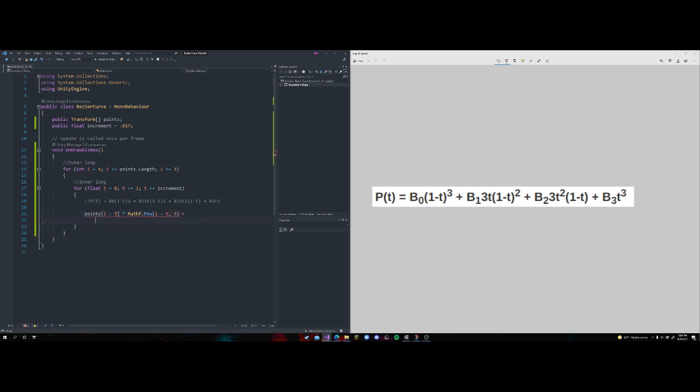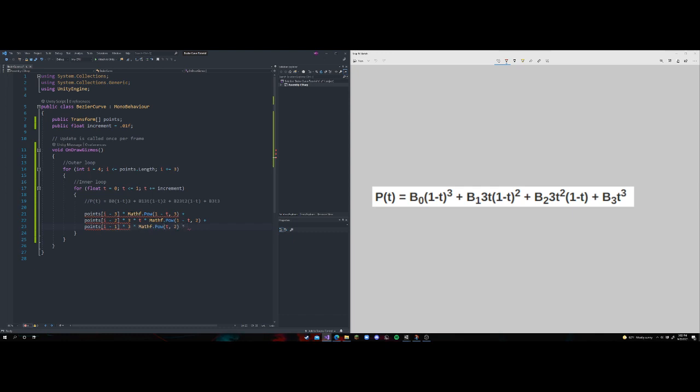Alright, so that's the first one, plus points i minus 2 times 3 times t times Mathf.Pow(1 minus t, 2), plus points i minus 1 times 3 times Mathf.Pow(t, 2)